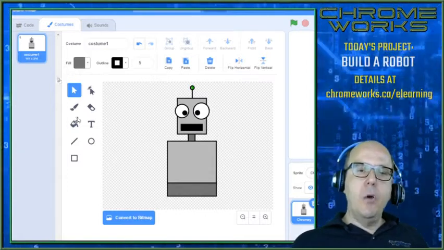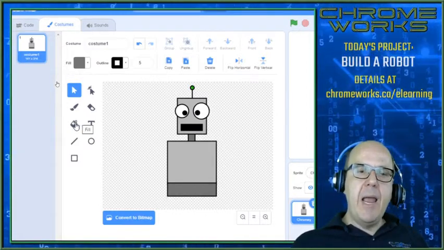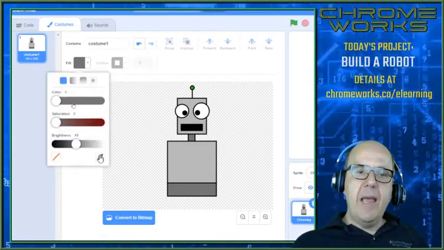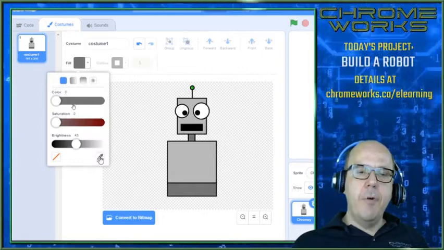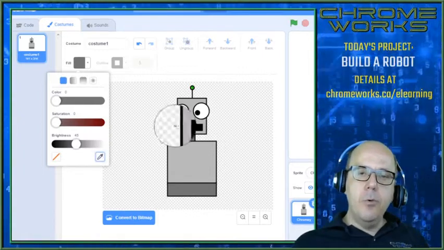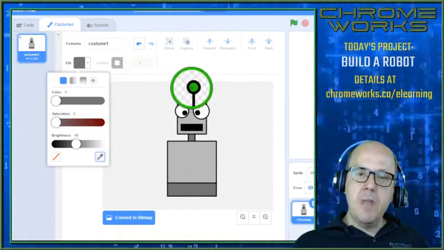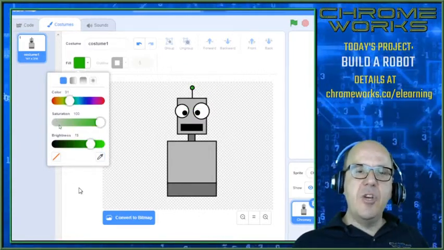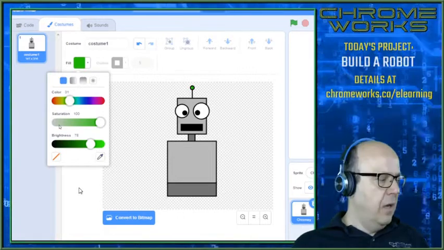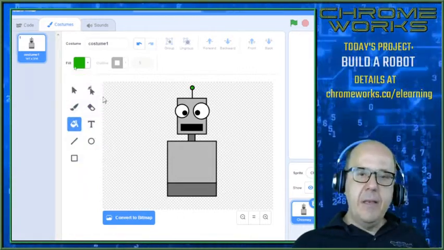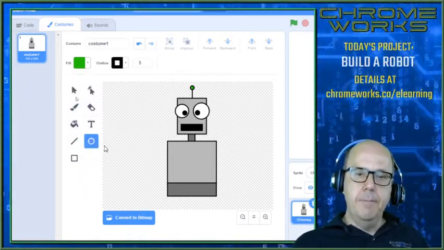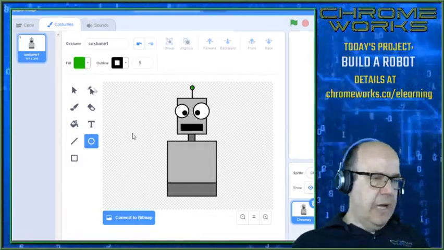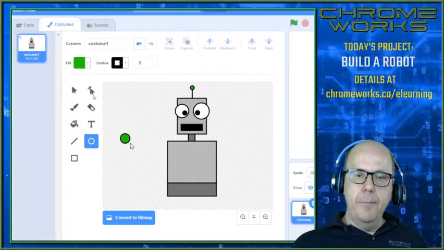I'm going to grab the green from my eyedropper tool. I'll click in the very middle of this, grab that same green color. We don't want to be inventing a new shade of green for everything we're doing here. We're going to leave the line thickness the same. We're at 5. And now we can draw a circle that is a little bit smaller than our eyeball, maybe